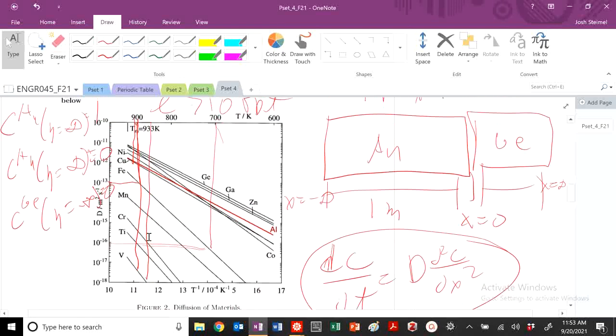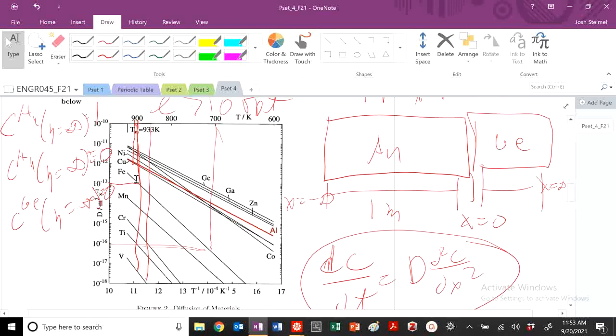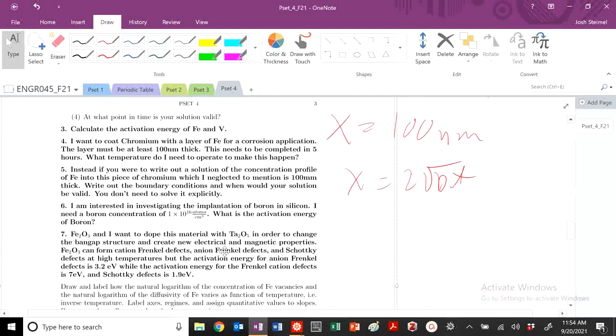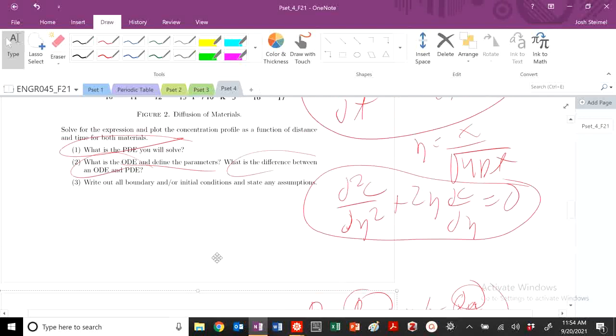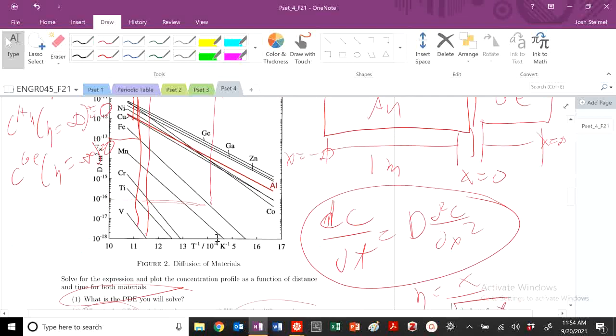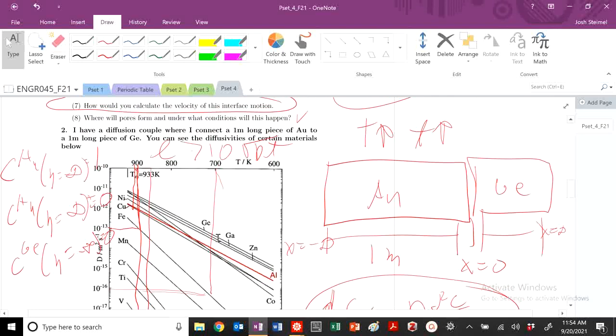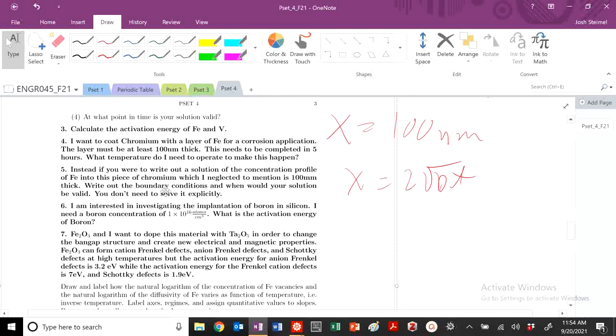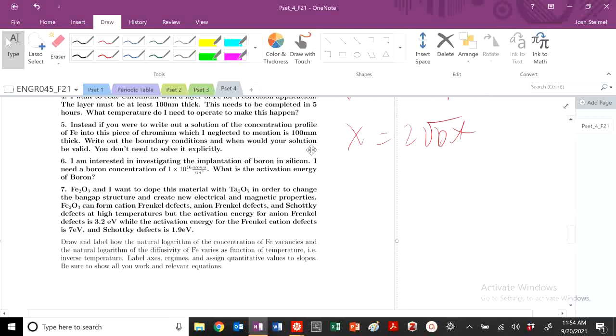So really, at any temperature, you could even get down to well below, any temperature, 700 will make it work. So there's lots of answers that will work. Basically, any realistic temperature on here. So anywhere from 900 to, heck, even well below 700. You could probably get to 600, but anyways. So excellent. All right. Instead, if we were to write out a solution of this concentration profile of Fe into